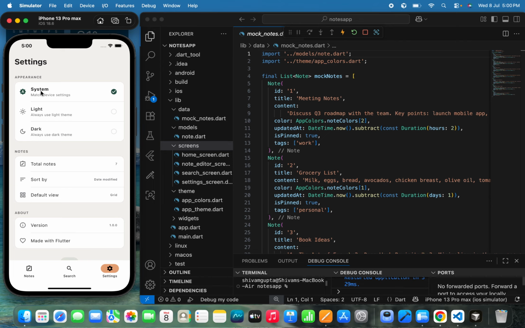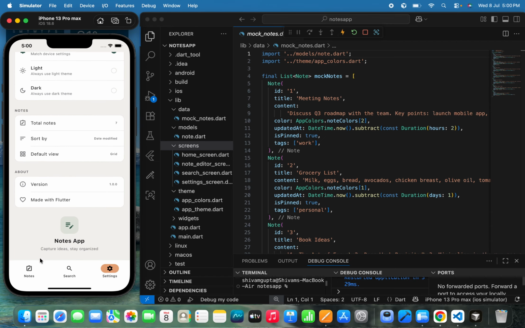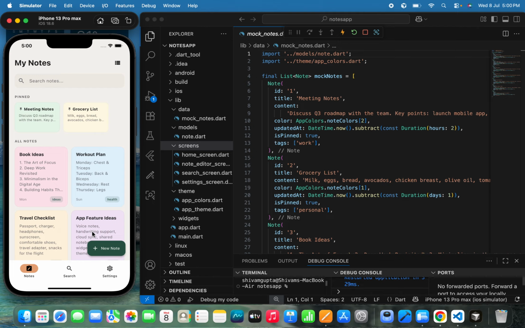So if your system is using light mode, then it's going to use light. If you are using dark mode, then it's going to use dark. According to the system, it will switch the color. Okay, now if you need something specific like light or dark, you can switch to that, right? You can sort by this; total notes are 7. Okay, now I think there is not any backend connected till now, because we haven't told it that in a